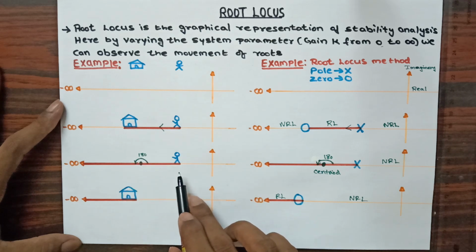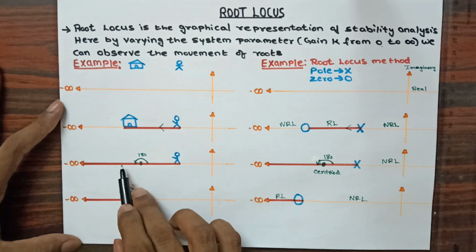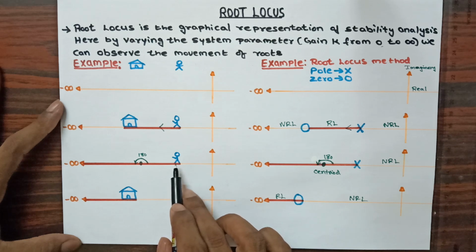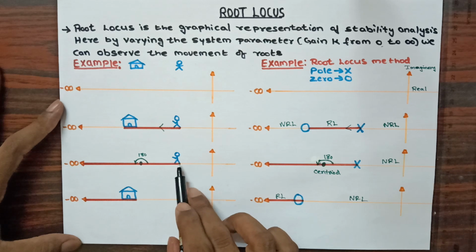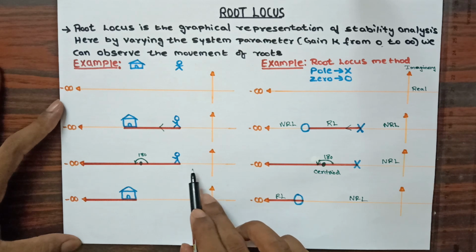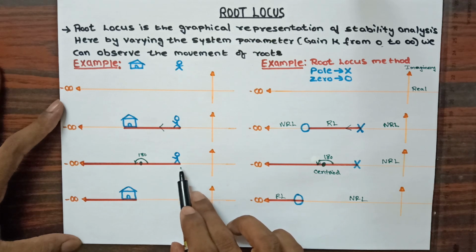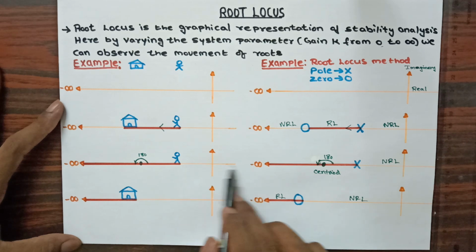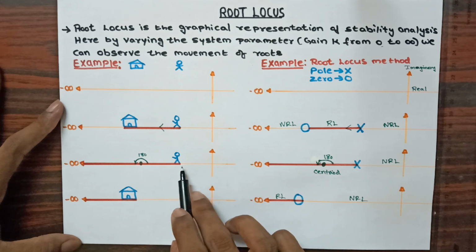Now next, in this third example, you can see I have considered only one person. I have not considered any destination for this person. So that means now the destination for this person is an infinite destination. First we will see how to provide the path for this one person. As you know the condition, for an odd count of person or hut, we are providing the path. So you can see here from the right hand side, we are not having any person or hut from this point to this point, that is 0 count. As we know that 0 is an even count, therefore we are not providing any path.